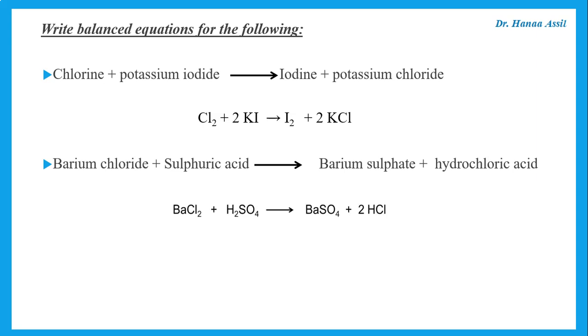Again, barium chloride plus sulfuric acid. Remember, sulfuric acid is written as H2SO4. Barium chloride, valency of barium is 2. It's in group 2. So I need to put the 2 under chlorine, but the valency of chlorine is 1, so I don't put anything under the barium. Now for barium sulfate after the arrow, valency of barium is 2, but also valency of sulfate is 2. So when both of them are 2, they cancel and we don't write 2 under any of them. And hydrochloric acid, I need to balance to have 2 chlorines and 2 hydrogens. After the arrow, I put 2 in front of the HCl.